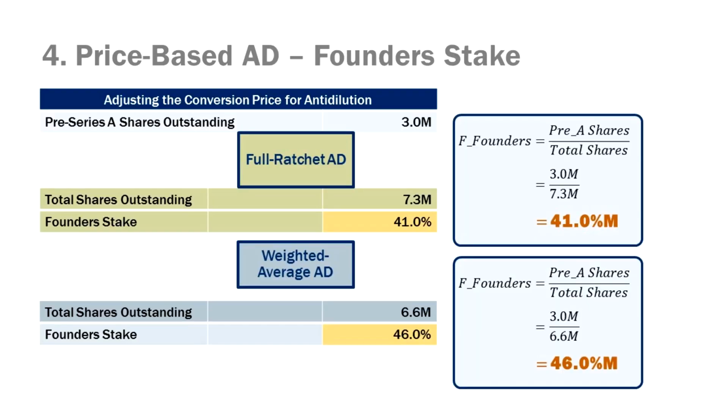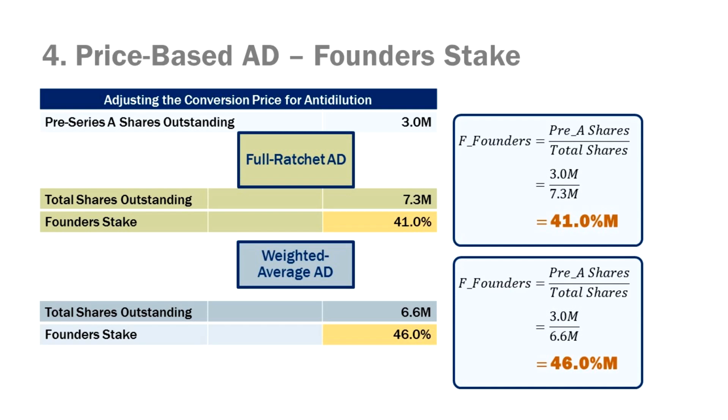Up to this point, we haven't said anything about how the common shareholders or founders have fared under a down round financing. All investors should be concerned about the equity stake of the founders and whether, after consecutive financing rounds, they retain enough incentive to drive the growth and development of the firm. If all of the original 3 million shares were held by the founders,